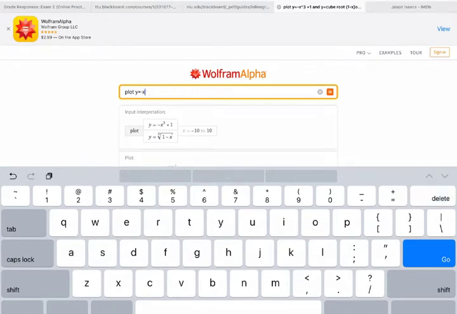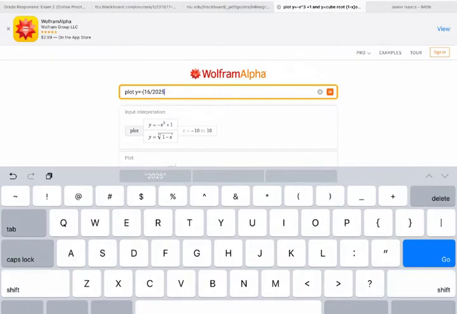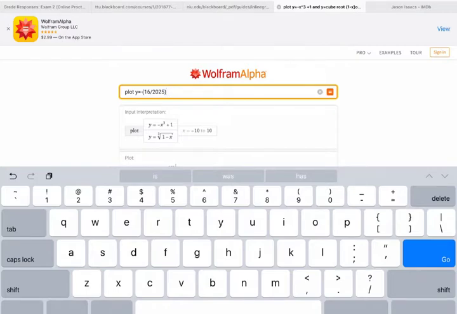I'm going to tell it to plot y equals negative parentheses 16 divided by 2025, close parentheses, and then I have x